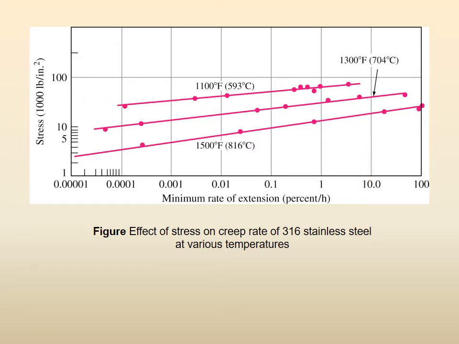So we are telling you the same type of thing in a very different graph, but this is a very costly graph. Each point is a costly test. Each point has to be repeated 2 to 3 times, and then we are testing at different stress levels and at different times. So very costly testing. The good thing is that you have handbooks of material properties and handbooks of mechanics, and so on. If you are using a certain material in your factory, in your application, then you can go to properties databases on the internet or these manuals and handbooks, and you can find these creep data and creep curves. So other people have done it for you.